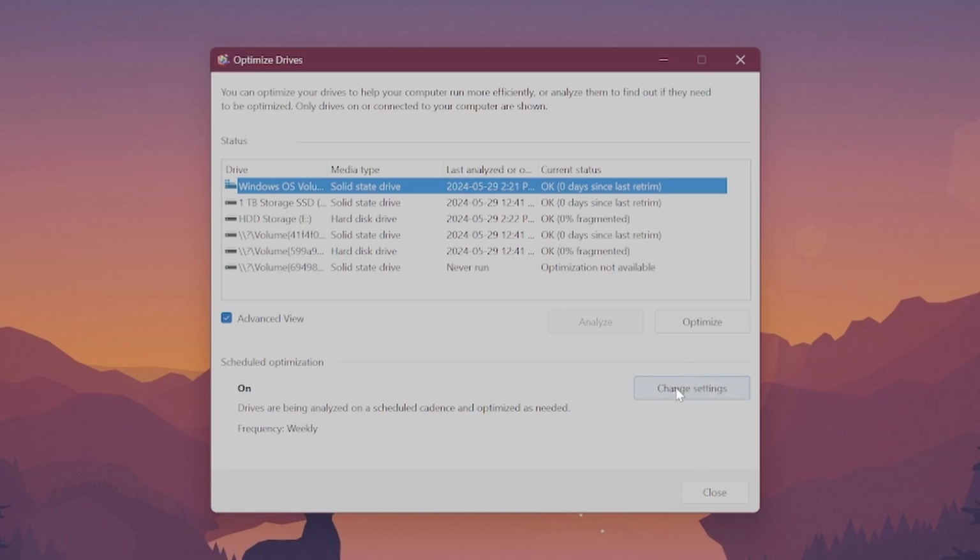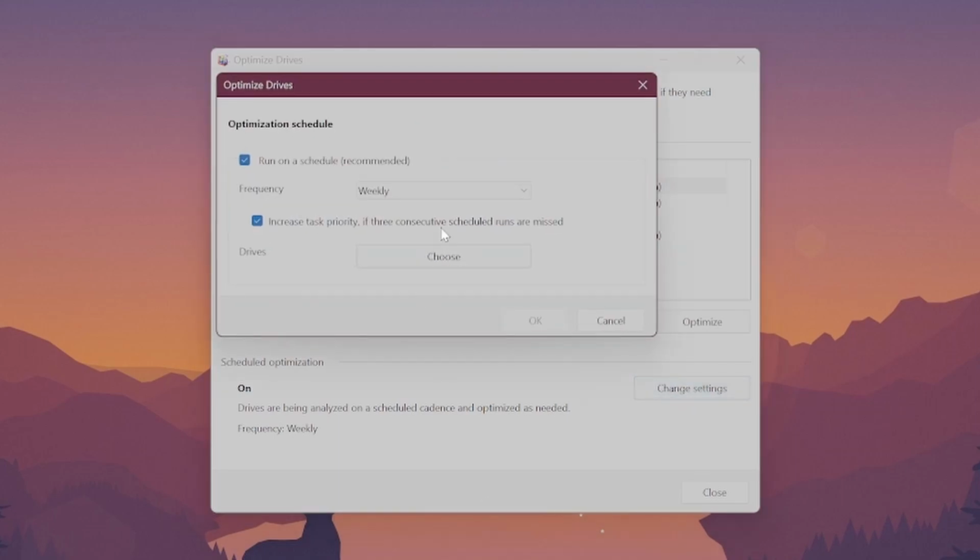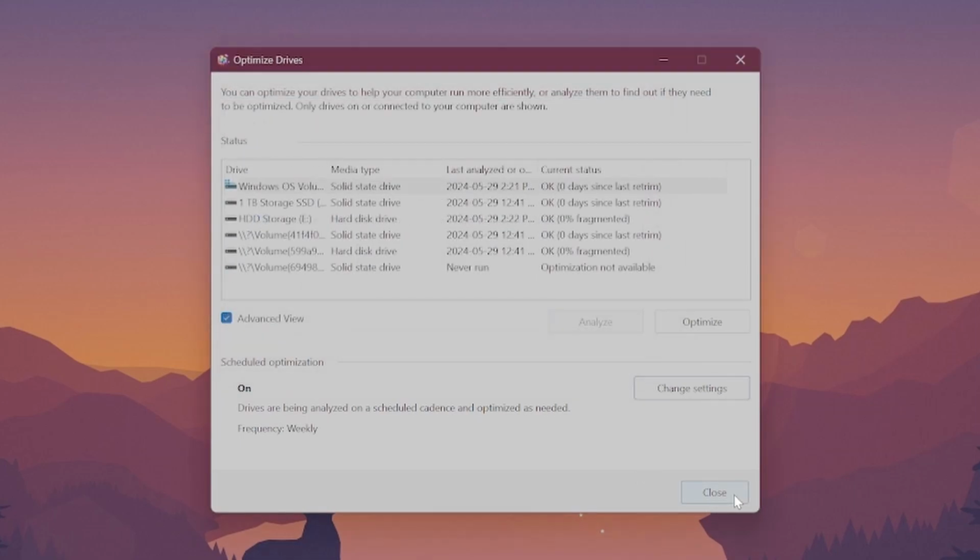And then for extra benefit, go to change settings, go to optimization schedule, hit run on a schedule, recommended. And for the frequency, I would pick weekly because daily becomes a little too often and it makes it more likely for you to experience some sort of slowdown because it's taking resources or it's overly optimizing it over and over again. It's not good to do daily, and monthly is a long gap in between defragments or optimizations. I don't like that, so a good middle ground is just weekly. You can ignore the second part, hit OK, and that is it for the first method,